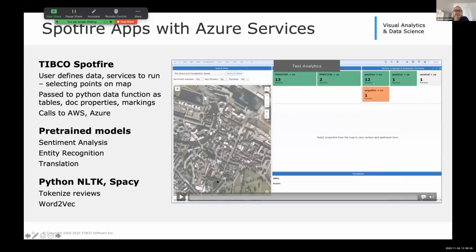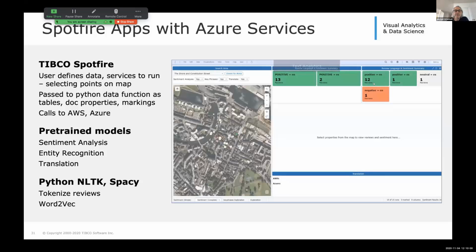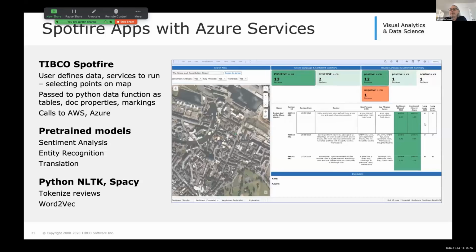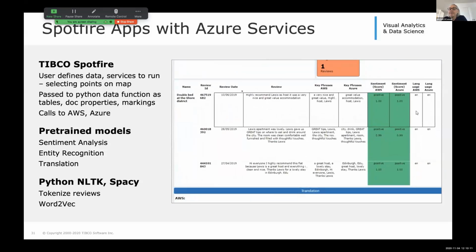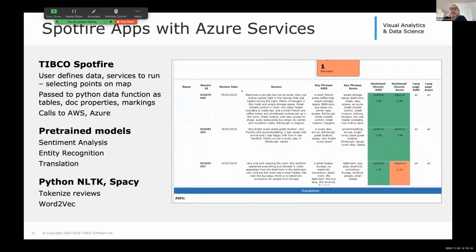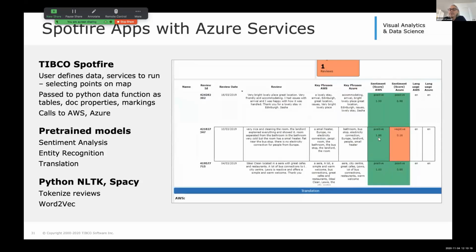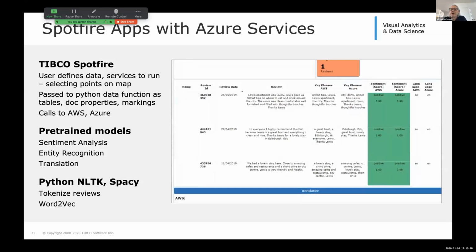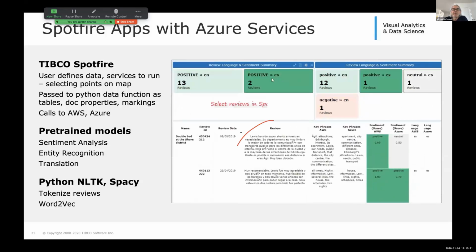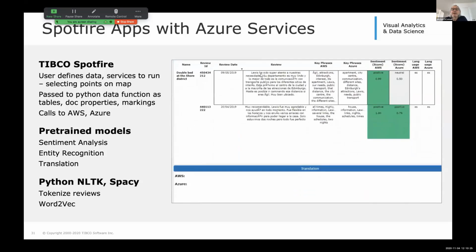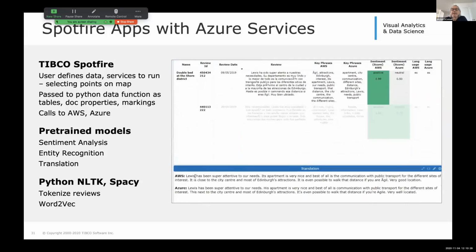Now I didn't run these videos earlier, but just to clarify what you saw from VibeHav, you can call a pre-trained model here, like for sentiment analysis or translation. This is an analysis in Spotfire of Airbnb reviews, and you can see the sentiment score that comes back. We're actually analyzing both AWS and Azure sentiment pre-trained models here. Here's a review in Spanish. So in this case, you can call the Microsoft translation service to translate that